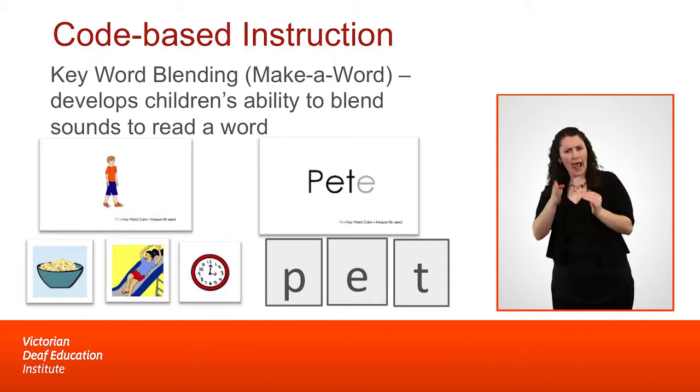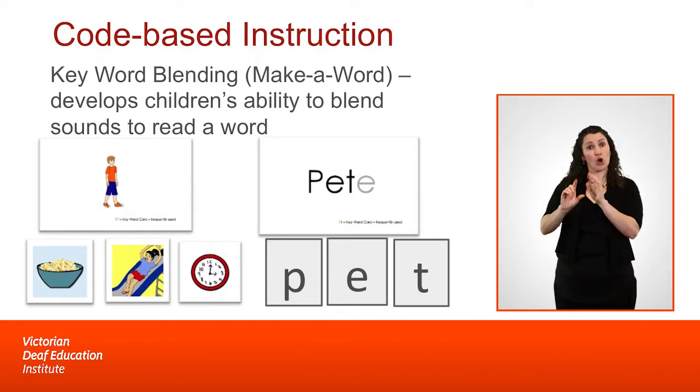So what we do is we say, okay, do you see this picture? What picture is this? And the children say Pete. And you say, very good, listen, Pete, Pete. Let's see if we can make that word. And so we talk about what's the first sound in Pete? And the children will say p, p, p. And so you'll place the picture of the bowl of popcorn to represent the sound for P. Then you'll say, okay, what's the next sound we hear in this word? P, E. And they'll say E. And so then you'll choose the corresponding picture, which is the child going down the slide. And then finally, the last sound in Pete, t. So then you place the clock that represents the T